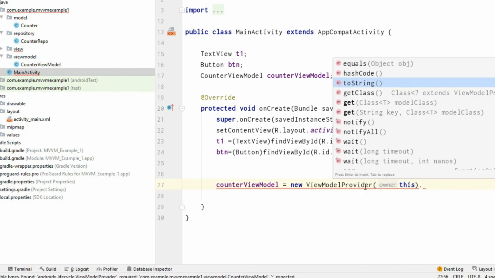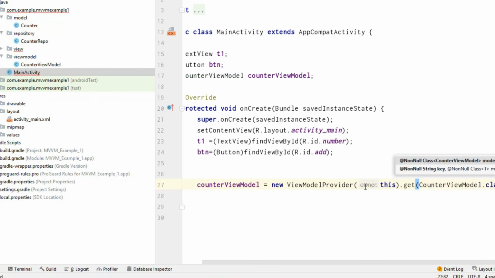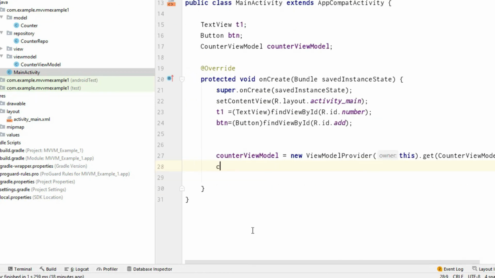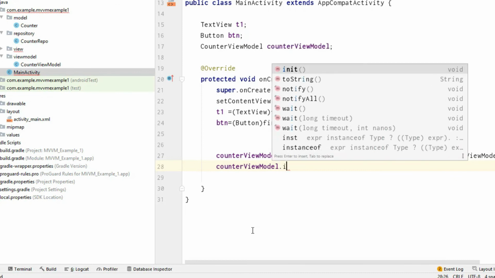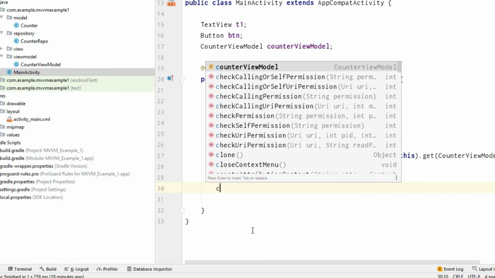I don't know the exact reason for it, but just memorize this way. Then we will call the init function. The init function will initialize all the data from the model.